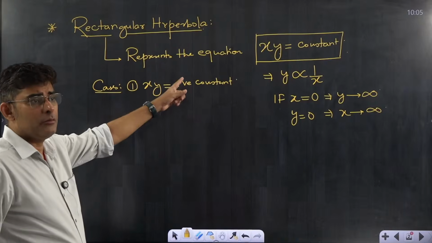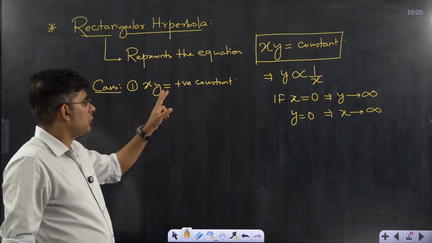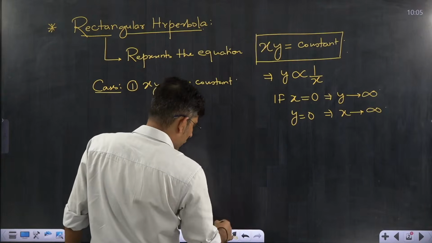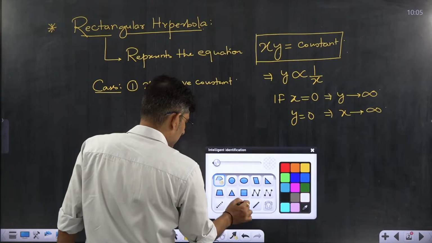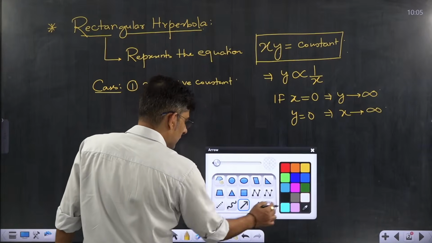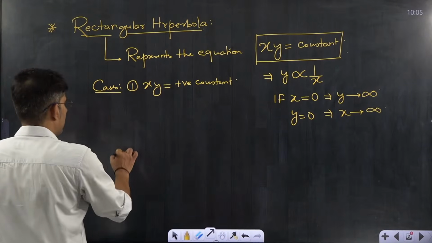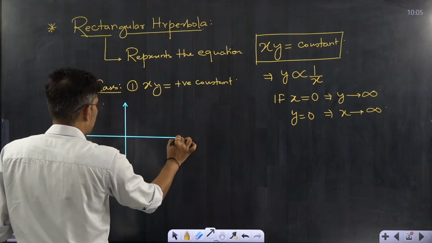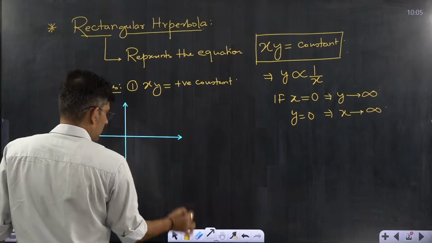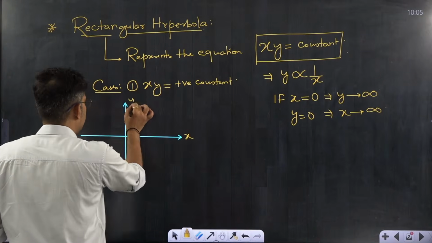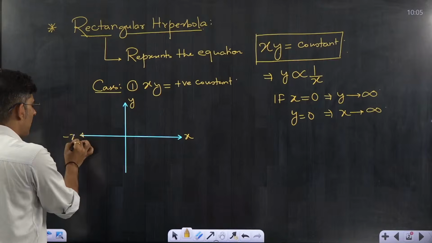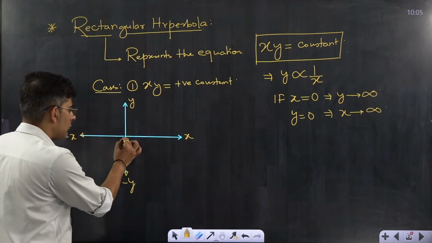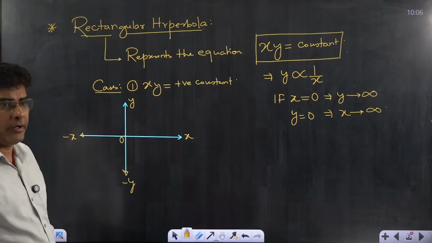If the product is positive, then just think which quadrants are possible where x and y both are positive. Can we think of a quadrant where x and y both will be positive? If this is the x-axis, this is the y-axis, we know this is minus x, this is minus y. What are the two quadrants where you can see